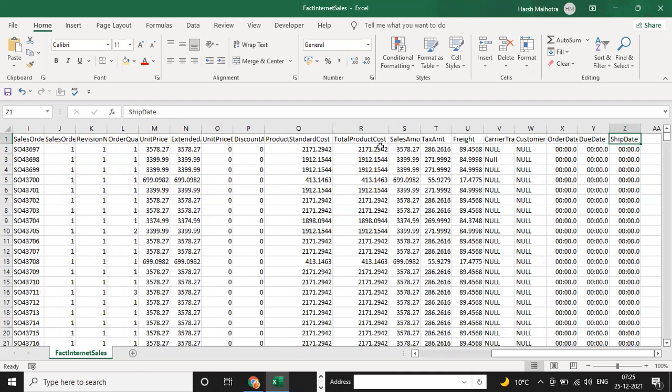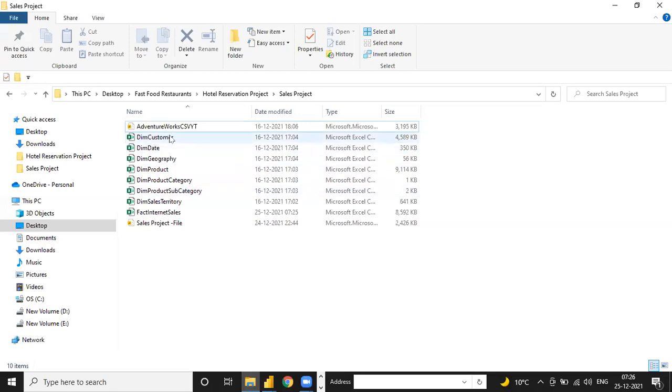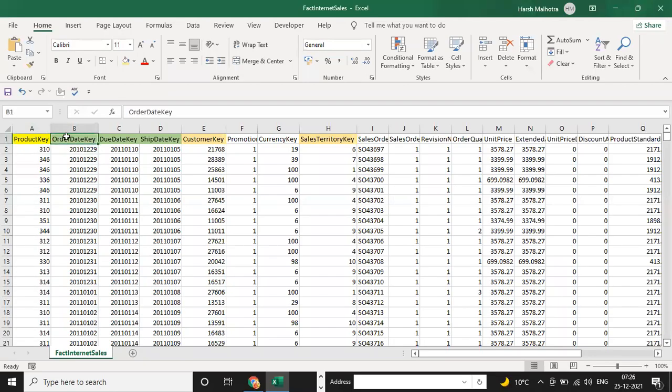Let me check this. Total of customer connected, date connected, geography or sales territory connected, product connected. Now the 4 dimension tables are complete. Total we have 7 dimension tables, but we have connected only 4 dimension tables to this fact table. How the other 3 tables are connected, I will let you know in the complete project.